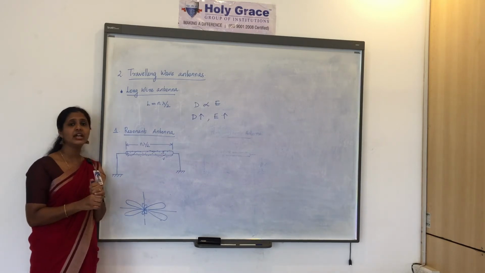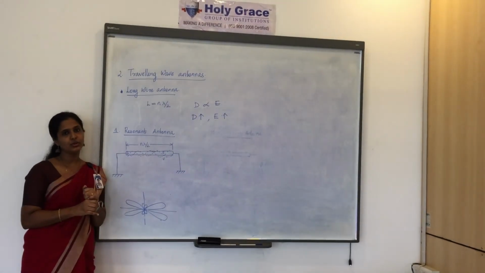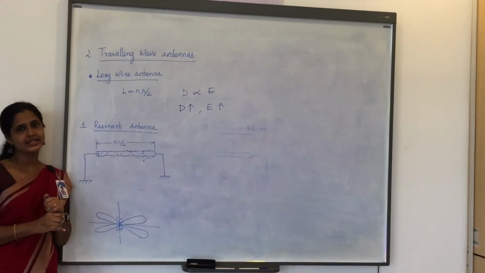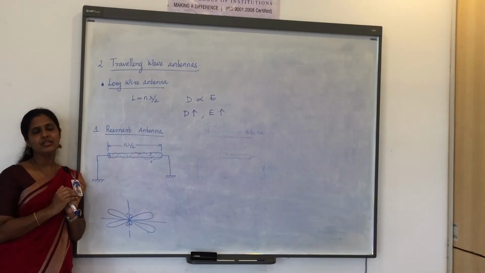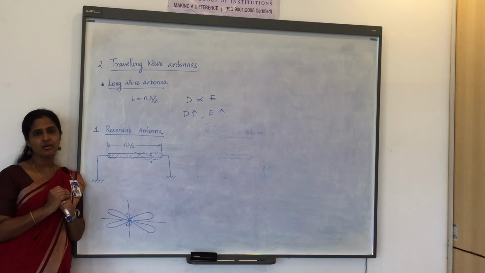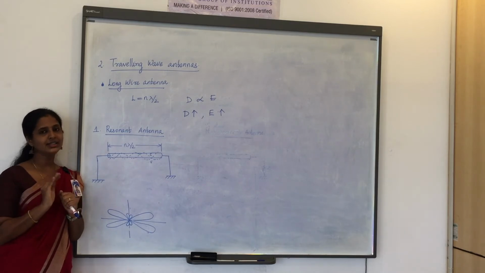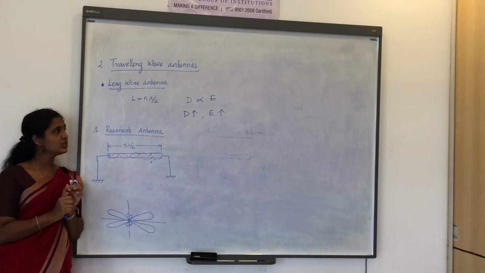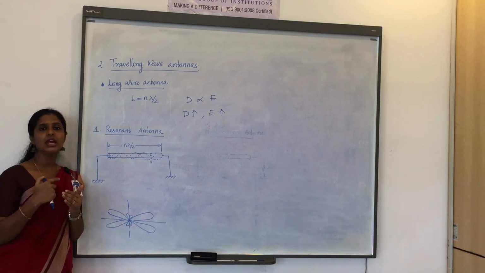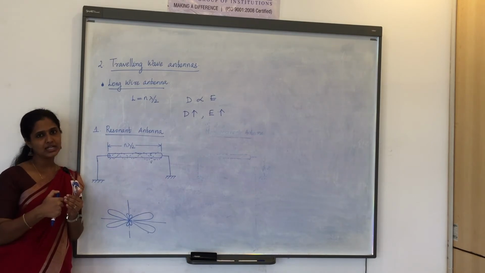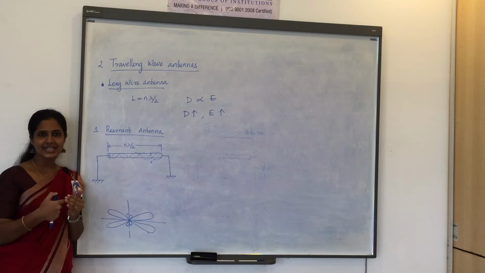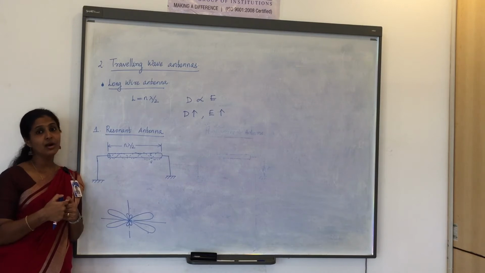We studied the dipole antenna in Module 2: half wave dipole, short dipole, etc. The problem with the dipole antenna is that we get a very small radiation pattern. Radiation intensity, directivity and gain are all very low in a dipole antenna. So in all applications, our aim is to reduce the size and also increase the radiation pattern. So we go for the long wire antenna.